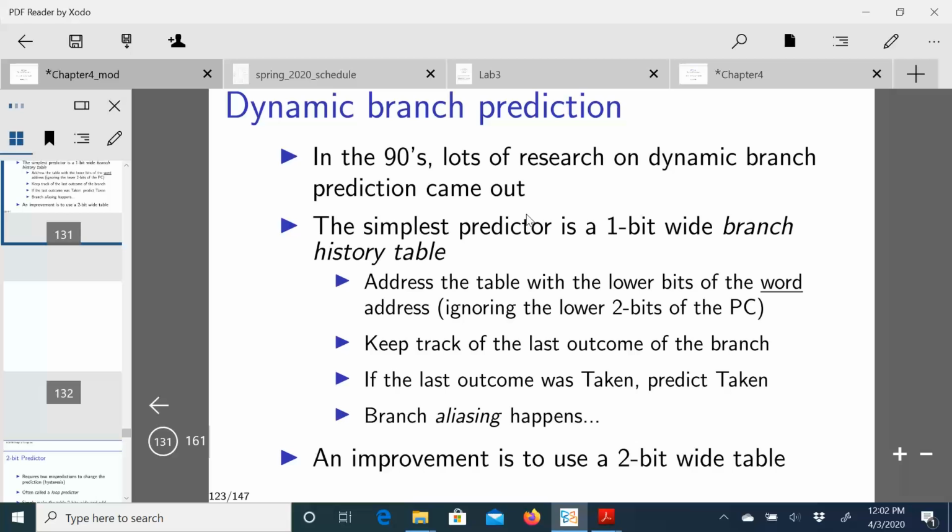And so there's actually two types of history you can keep track of. One is local, which is what has this branch done the last few times it was executed, this specific branch that's being looked at. And then there's global, which looks at what were the last so many branch outcomes regardless of what branch it was. It could have been the same branch or other branches. I'll talk a little bit more about that. But okay,